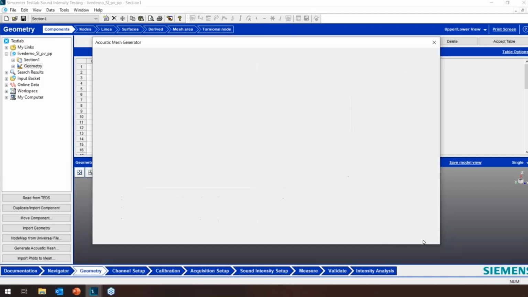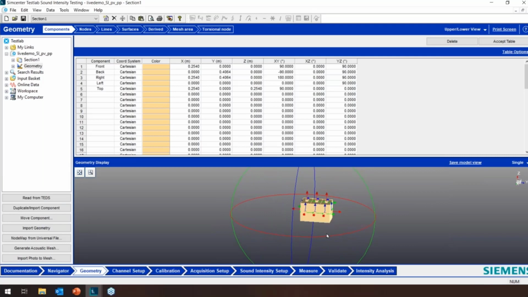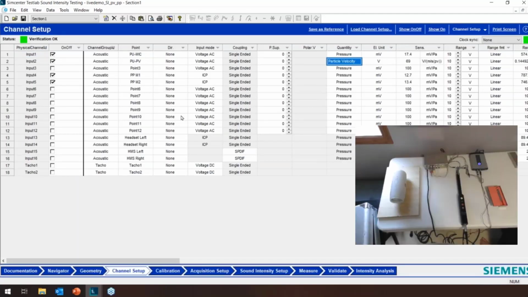I'm going to hit close, otherwise I'm going to accidentally make two geometries. So this is what our little geometry system looks like. On one side of the speaker, I have one node, one measurement point. So I'm only going to be measuring once. On this side of the speaker, my test article, I'm going to be measuring three times. I'm actually not going to measure all of these surfaces for you guys. We did some measurements ahead of time because I think measuring them a couple times is good enough to get the point across. Okay, if I go into channel setup.